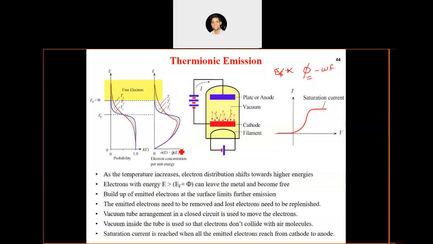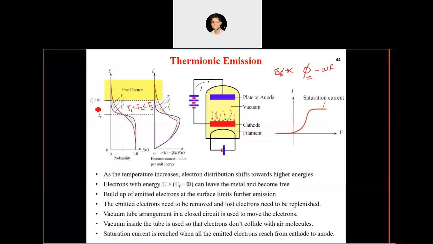And we can understand this from this Fermi Dirac function also. This is the Fermi Dirac function. As we increase the temperature, we know that this Fermi Dirac function will shift towards the higher energies. So here, the temperatures which are shown, T1 is less than T2 and T2 is less than T3, right? So as we increase the temperature, the electron distribution shifts towards the higher energies. And as I said, if the electrons gain energy which is greater than EF plus phi,